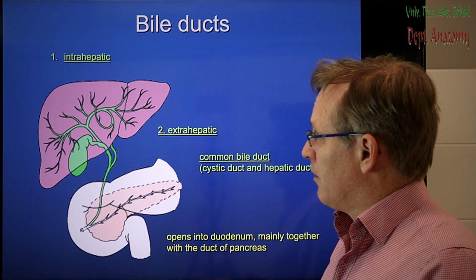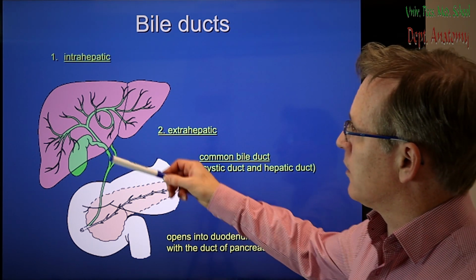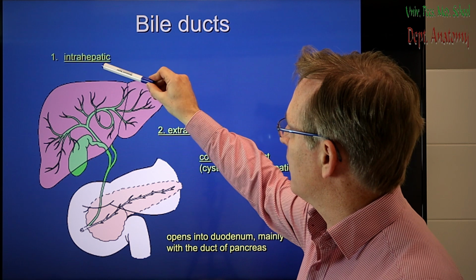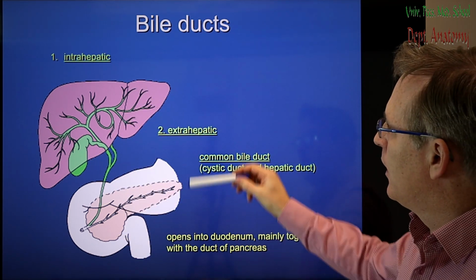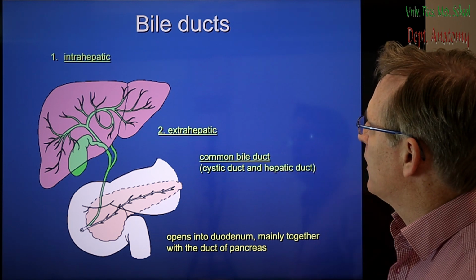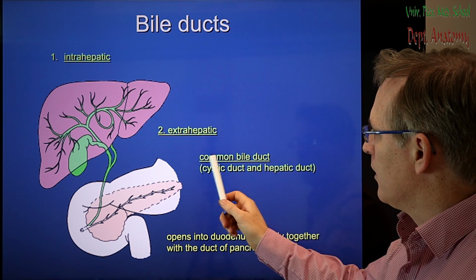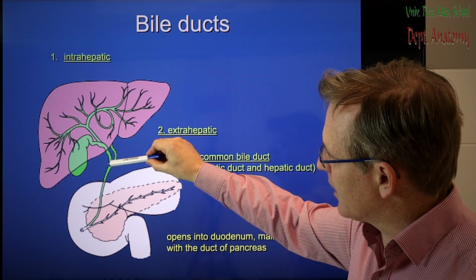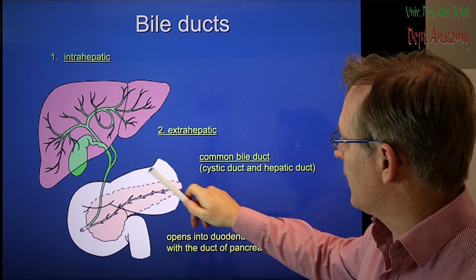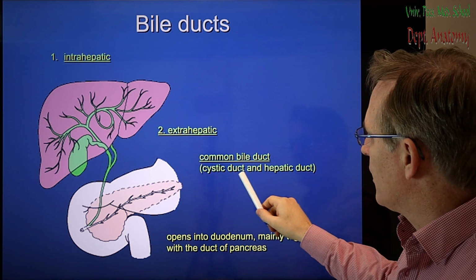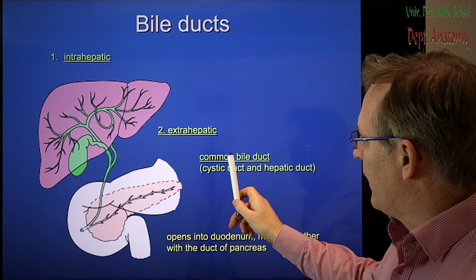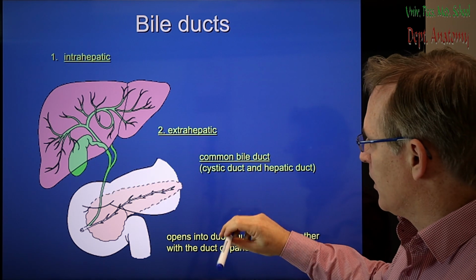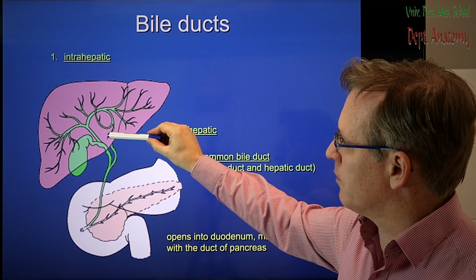The bile ducts divide into two different groups. We have intrahepatic bile ducts, these are the bile capillaries and the bile ducts, and the extrahepatic ducts contain the cystic duct and the hepatic duct, and after they meet with each other, this is the common bile duct. So the common bile duct is formed by the cystic duct from the gallbladder and the hepatic duct which comes from the